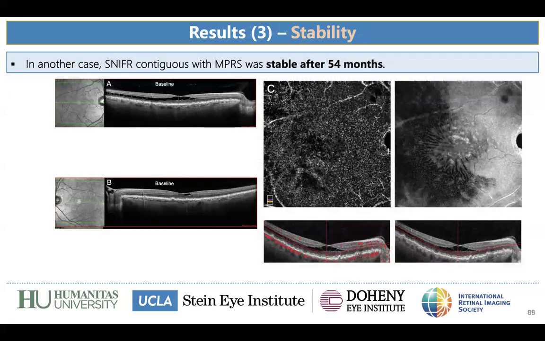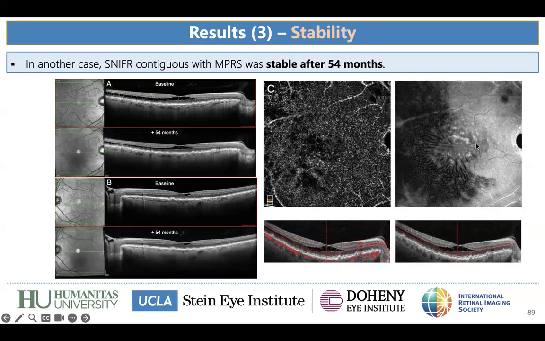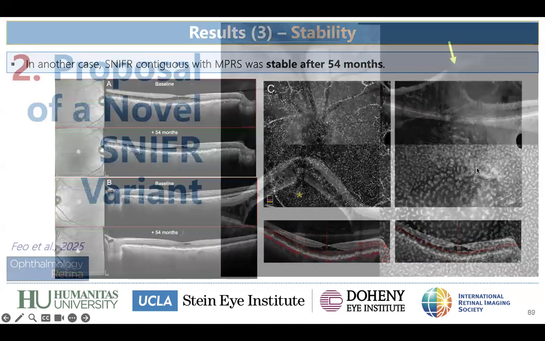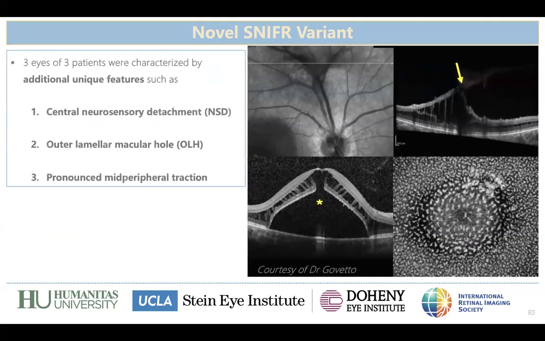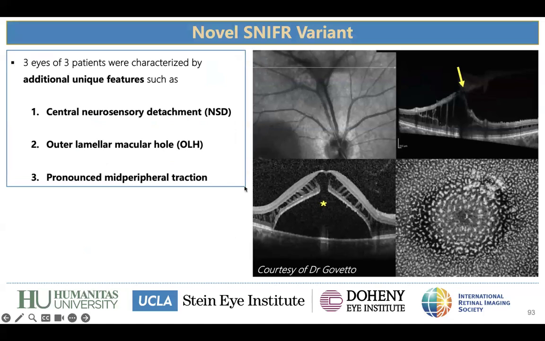Another aspect is stability. So SNIFFER can also be stable together with mid-peripheral retinoschisis. This is an example of 54 months. And again, you can visualize the typical patterns of SNIFFER in this patient with en face OCT. We also proposed a novel SNIFFER variant that we termed CARPET. So this disorder, and I thank very much Andrea Govetto for providing this case, actually for starting all of this description,